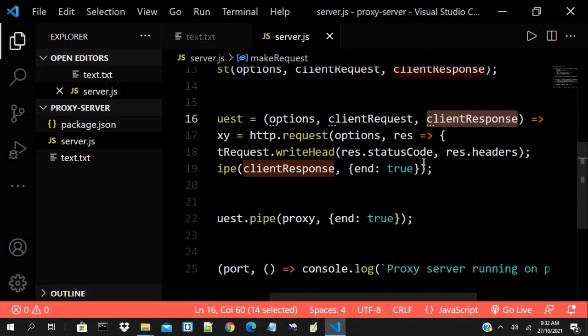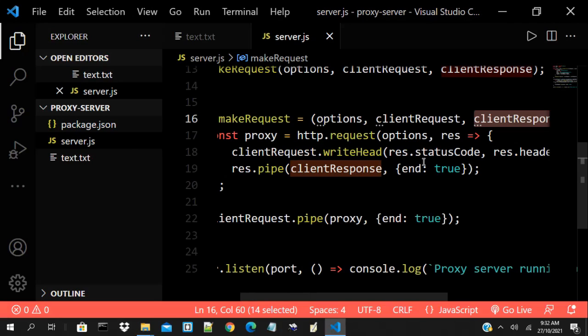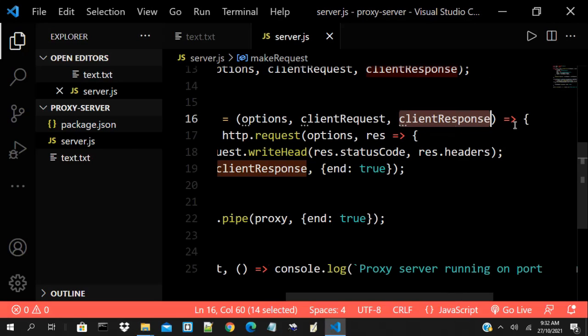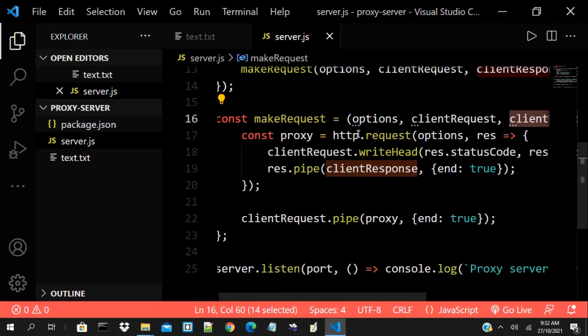So what happens here is that your client request, we are going to read it, and then your client response here is to send the response back to the client. So that's why it's a writable stream. Now we are making a request. When you are making a request to another proxy server,